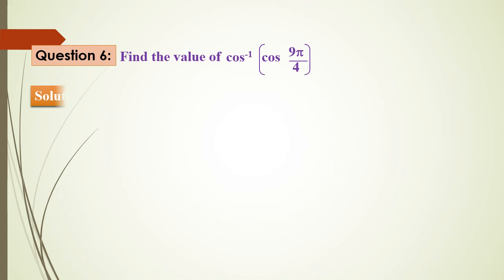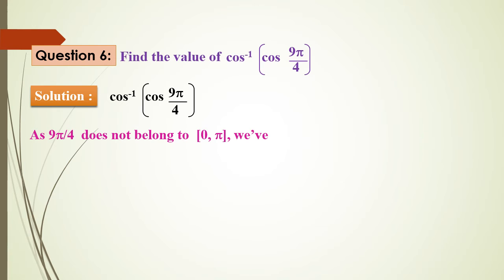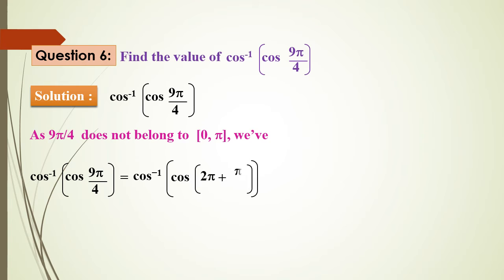Next, find the value of cos inverse of cos 9 pi divided by 4. Okay, in this question, again, if cos inverse and cos get cancelled, 9 pi by 4 will be remaining. It never comes under the range of the cos trigonometric function, that is 0 to pi. Therefore you can simplify this given problem in this way. Cos inverse of cos of 2 pi plus pi divided by 4. Next, 4 twos are 8 pi, plus 1 pi, will be how much?